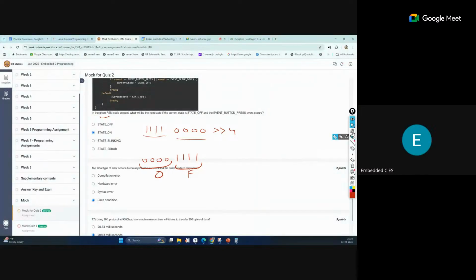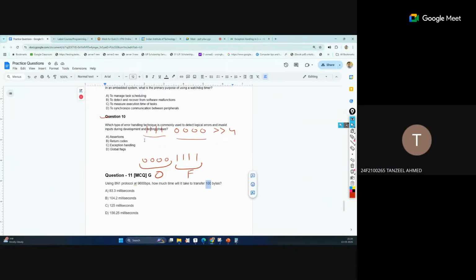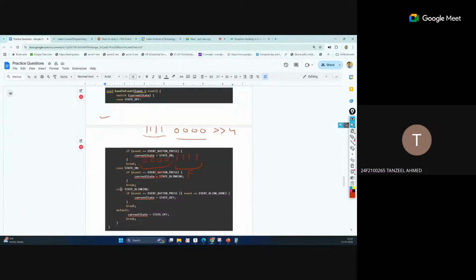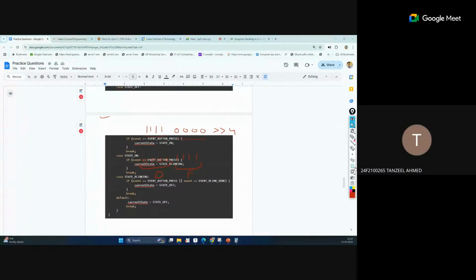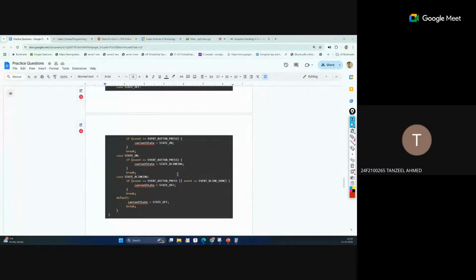Excuse me, in that sheet, you had question number 9, right? The one with the code snippet, the one with the Watchdog code above that. Looking at this one, if we enter into a state blinking, then it says there will be a button press event, or blinking will be done. Now, if our second button press arrives after the blinking is over, then we will go to state on, right?